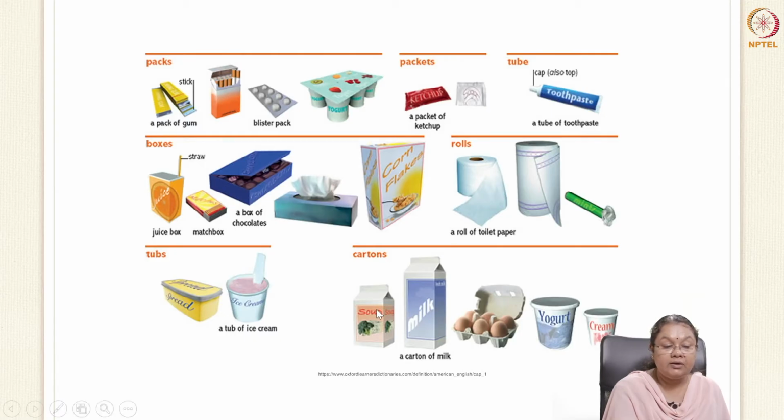Similarly, we have cartons for milk and egg, and here egg is brittle. The packaging needs to be shock proof. It should be able to withstand the shock. So accordingly, a molded tray is used here. So this shows that different packaging materials are required for different products, and based on the requirement of what is expected from the product, that has to be known first, and only then we go for the packaging